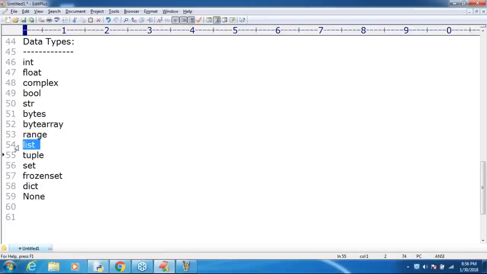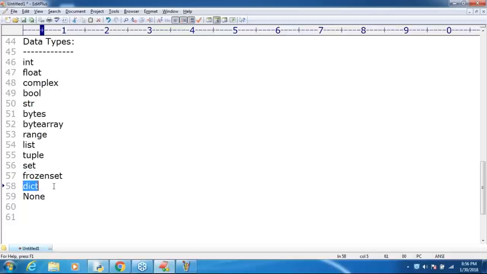List is a list of values. Tuple is also a list of values, but with a small difference, mutable versus immutable. Set means a list of values without duplicates. Frozen set means a list of values without duplicates, but you can't modify it.